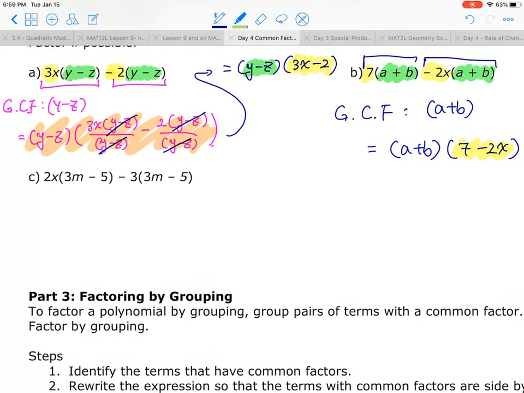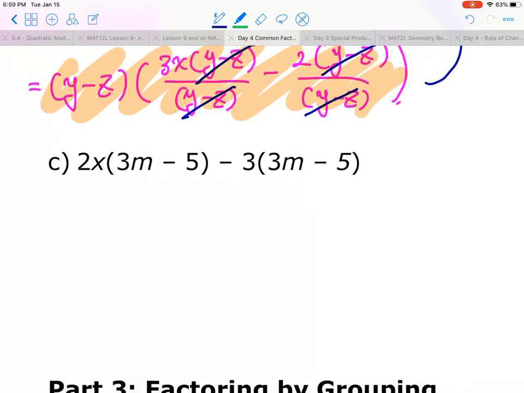And the same thing for the C as well. So hopefully you actually try this on your own. Hopefully you pause the video and try this one. Okay, but I'm just going to go. So for this one, if you look at it, 3m